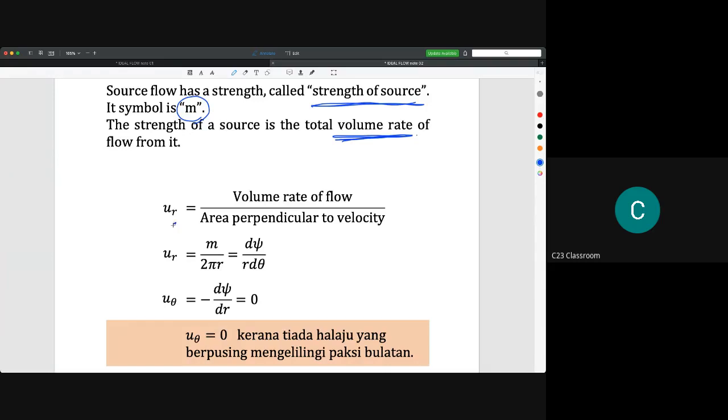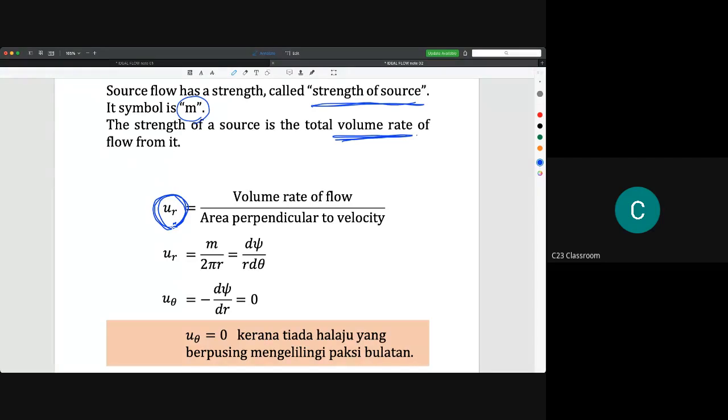From our diagram we have the value of UR. UR here is the velocity on the radial axis. Because we know the source has its own strength, and strength here means its own flow rate,